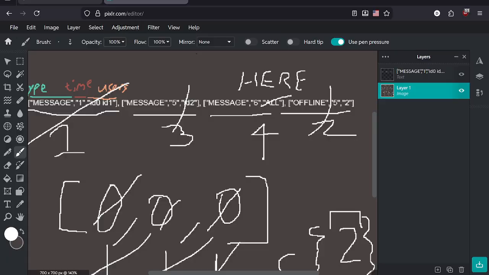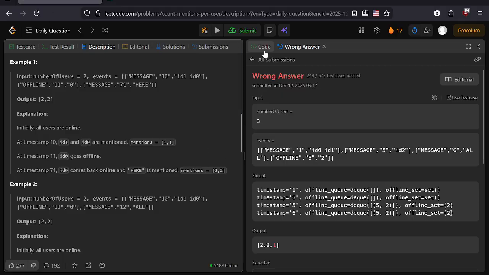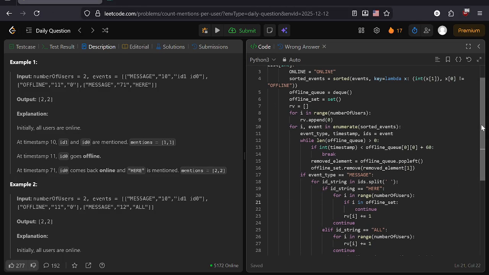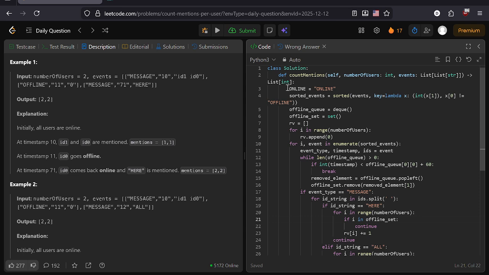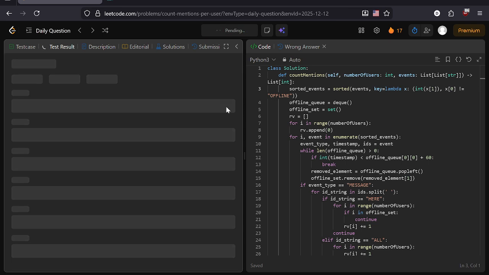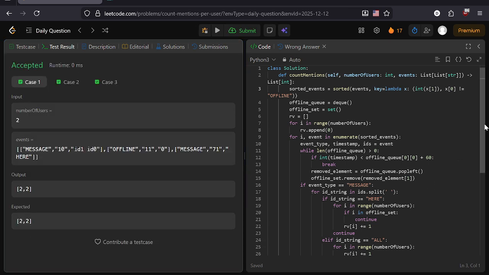You're just checking if it's back online. I'm just going to walk through the code. Wait, what's this for? I don't think I even used this variable. Yeah, I don't know why I have that variable there. But yeah, essentially,